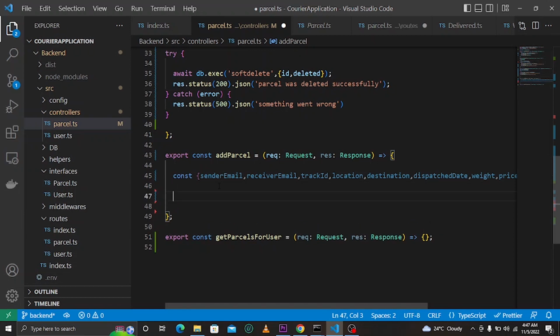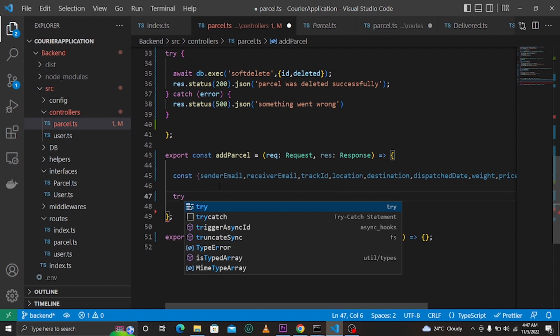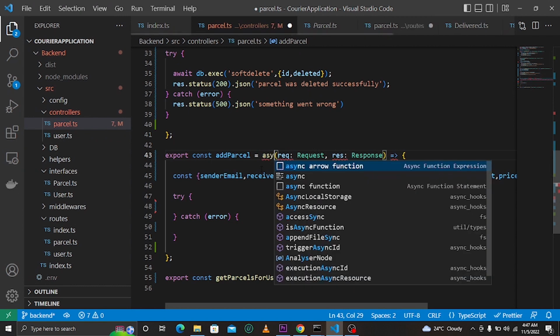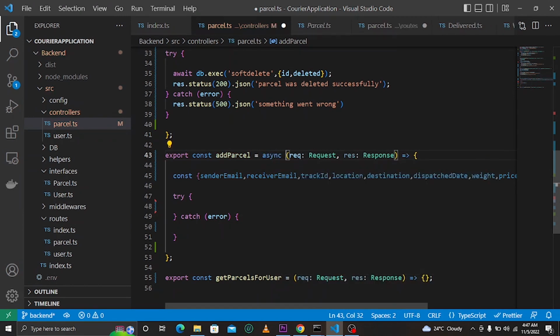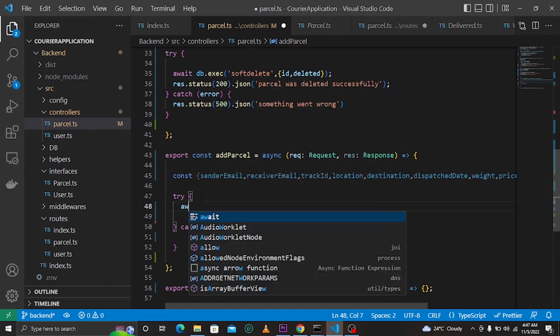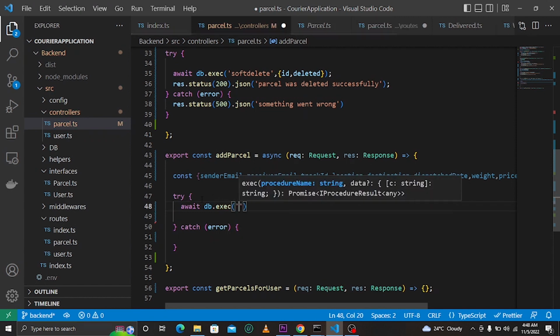Okay, now from there we can add try catch, and guess what we need to add? We need to add async here, just like that. And now down here we can continue and say await, and you need now to execute the store procedure for adding, and this one is called add parcel,